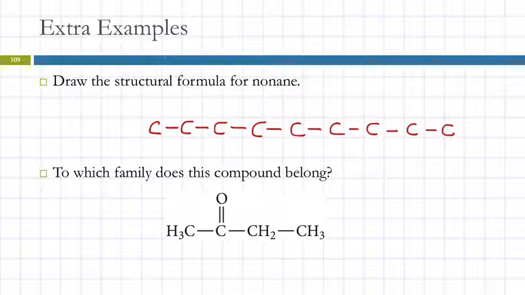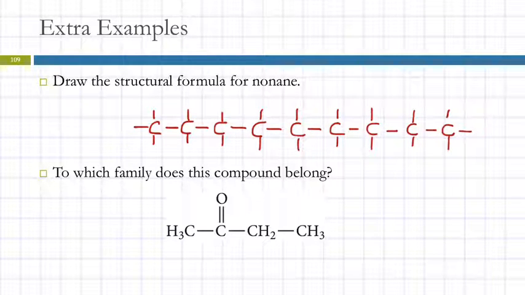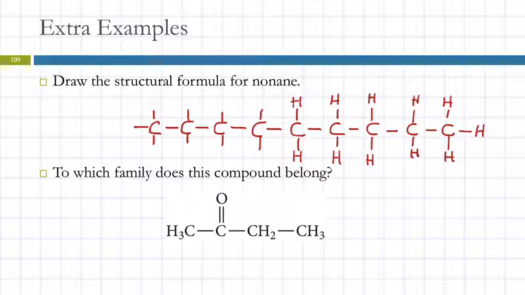And then each of these carbons has to have 4 bonds. And the thing that's bonded to the carbon, other than the carbons indicated by the 9, is going to be hydrogen. And if you're drawing this with me, you'll recognize that drawing structural formulas for compounds like this gets a bit tedious, doesn't it? That's a lot of H's.